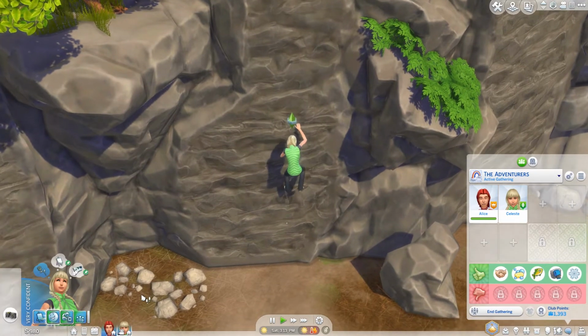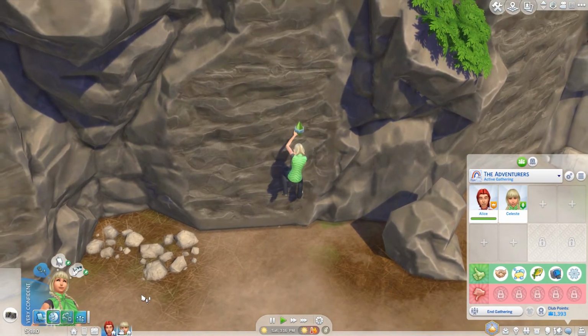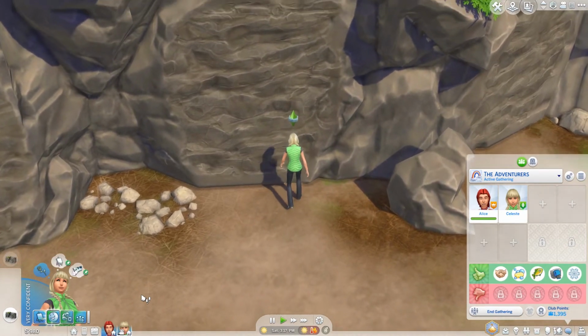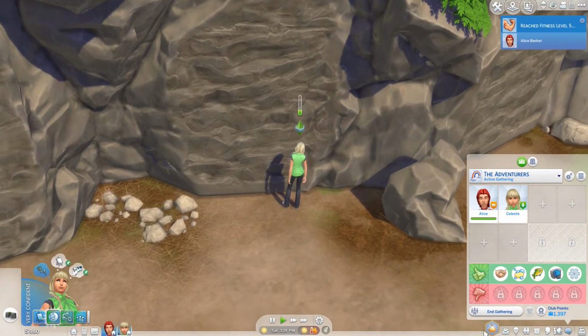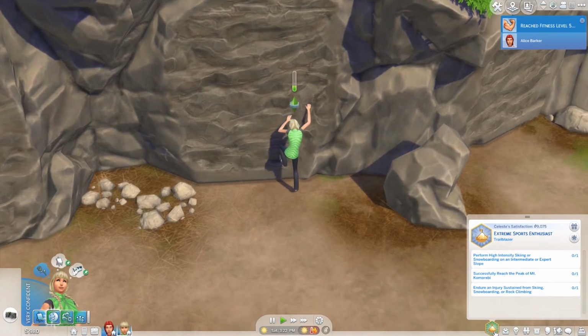I feel kind of bad having them both try it without their climbing gear on. But she's smart and came back down. Oh, Alice got to fitness level 5, because you obviously build your fitness as well as your...